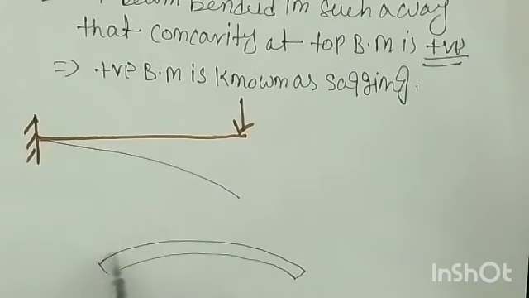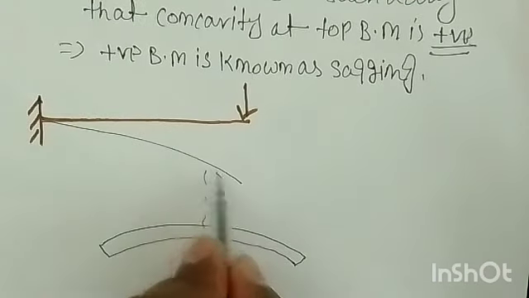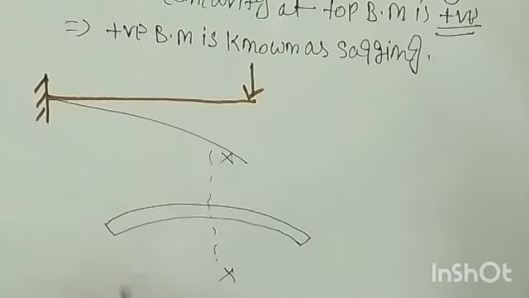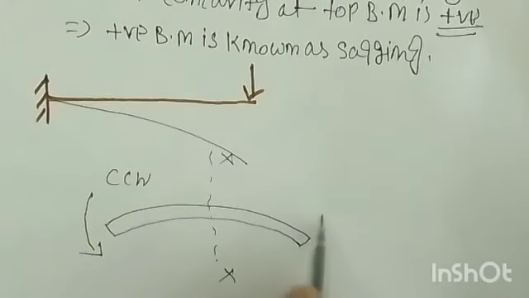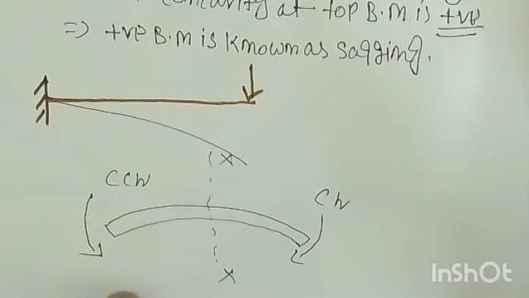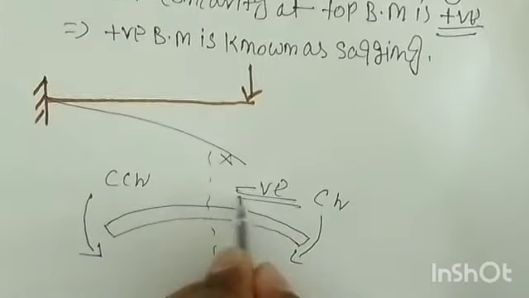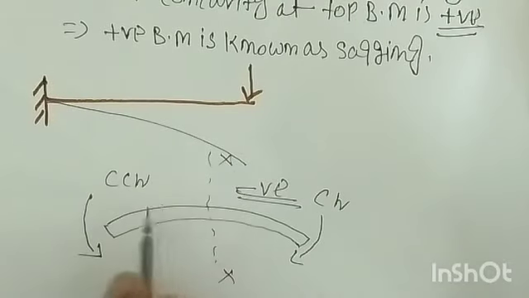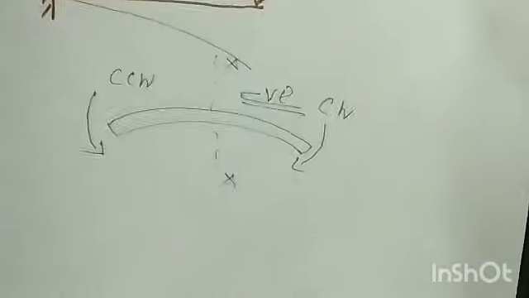right? You can observe that in this case there is convexity at the top. If I take one section, this is the x and this is also x, right? This is your left section, and at the left section the rotation takes place counterclockwise, right? And from the right section the rotation takes place clockwise. Whenever the beam is bent and the rotation from the left hand side is anti-clockwise and from the right hand side clockwise, the moment is called a negative bending moment, right? Or else you can say that if there is convexity at the top, it will be the negative bending moment. So further you can make a point,